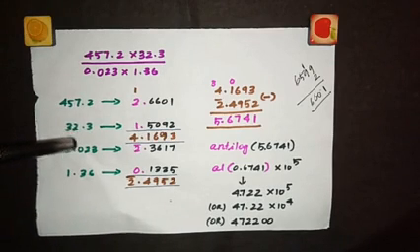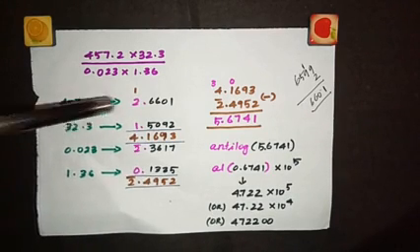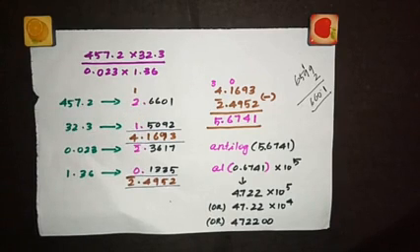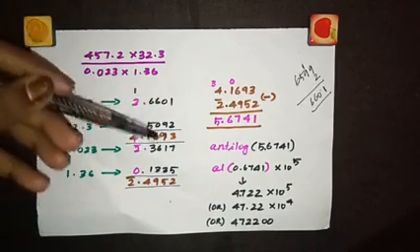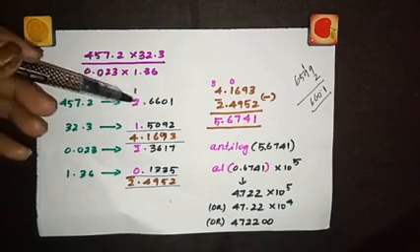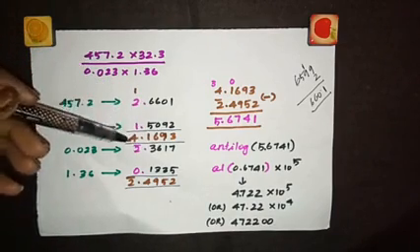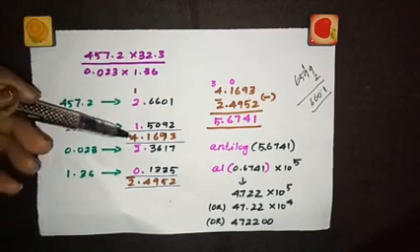Same way for 32.3. For the characteristic part, 2 digits before the decimal, so 1.32, 3. You will look into the log book for 32 and 3. You are getting 5092. Now add these two values. 2 plus 1, 3. 9 plus 0, 9, 6 plus 0, 6, 6 plus 5, 11, put 1 here and again 1 here. So 2 plus 1, 3, 3 plus 1, 4. Because it is multiplication, you are adding these two values. So keep this answer as such.